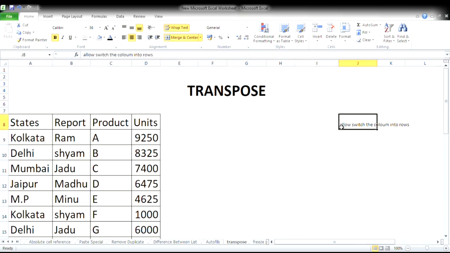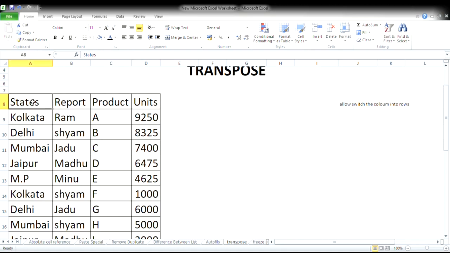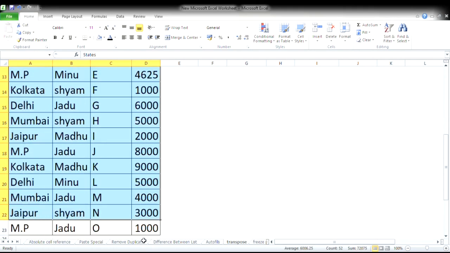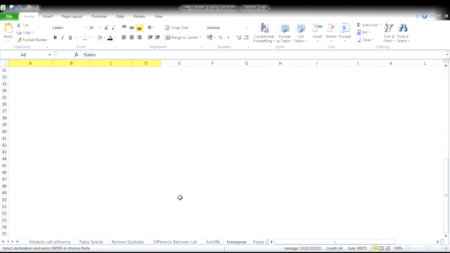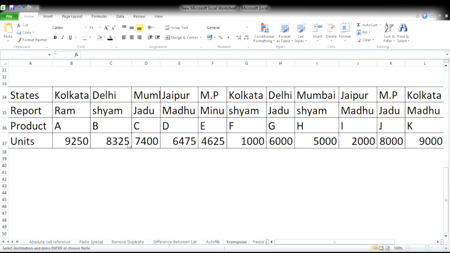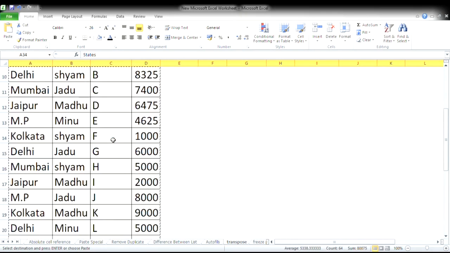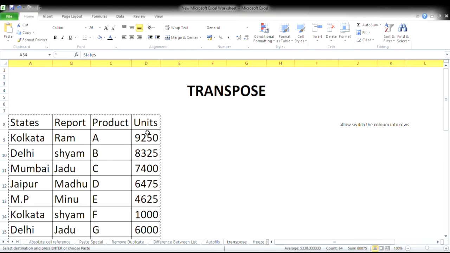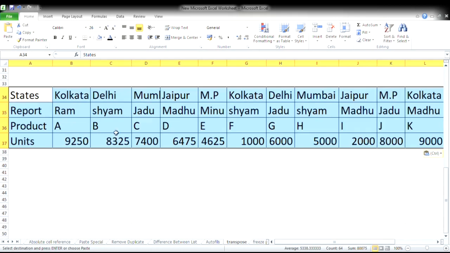The transpose function is used to allow the switching of columns into rows. Like this is the column, how will we switch the column into rows? We will first select the data, then copy it, and then paste using the paste special option. Then this is the transpose function, we just click it, and the column is transferred into rows.